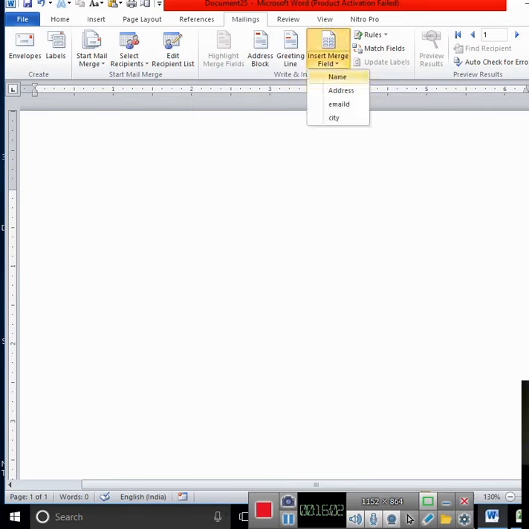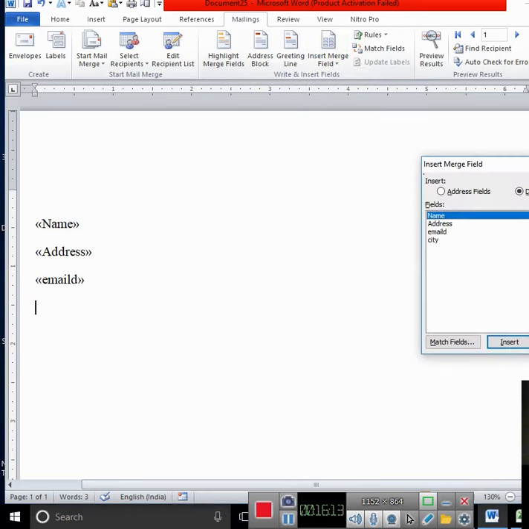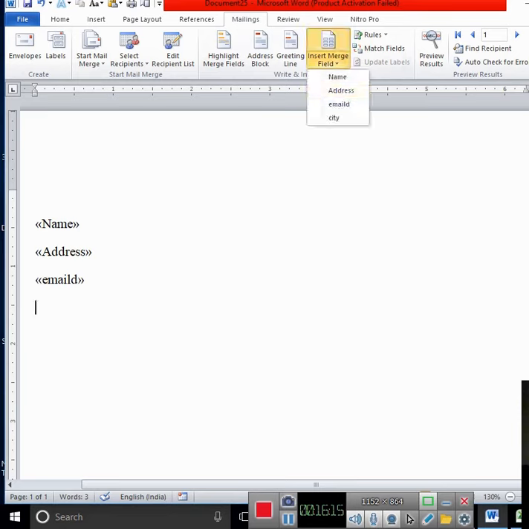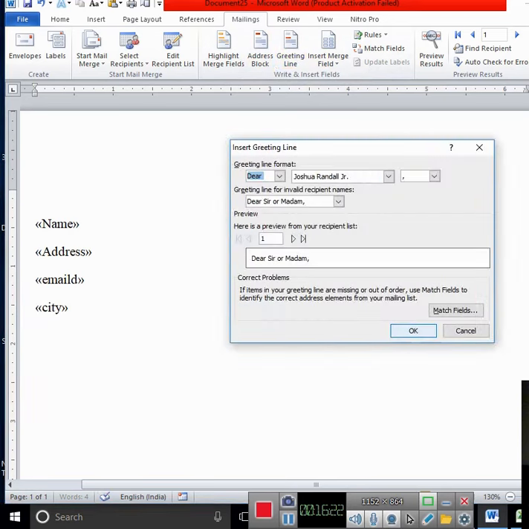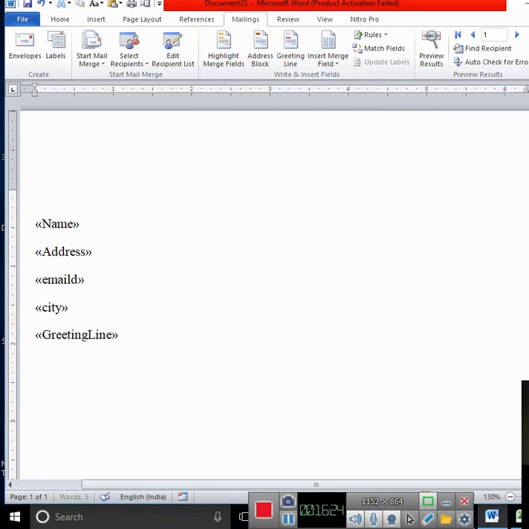We have to write it name, address, email ID, city. Address block, greeting lines. Subject, invitation.